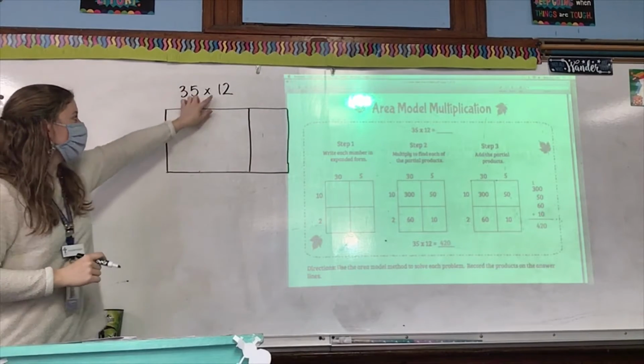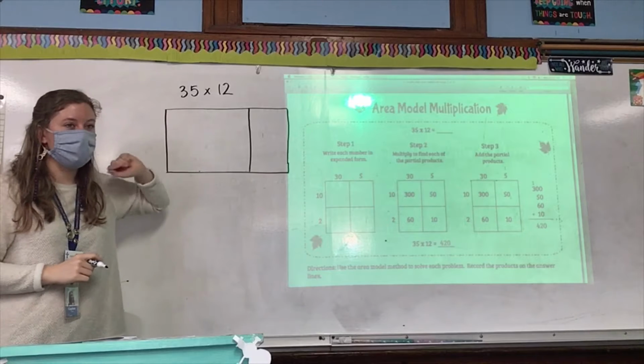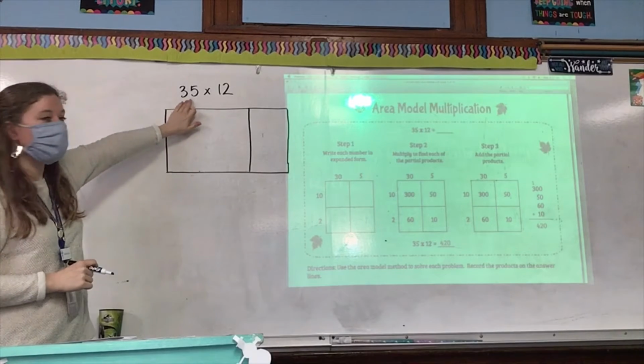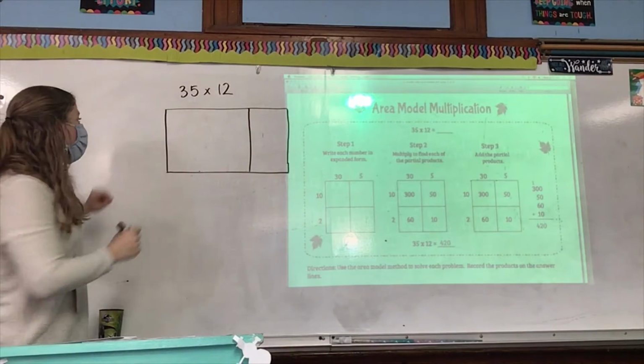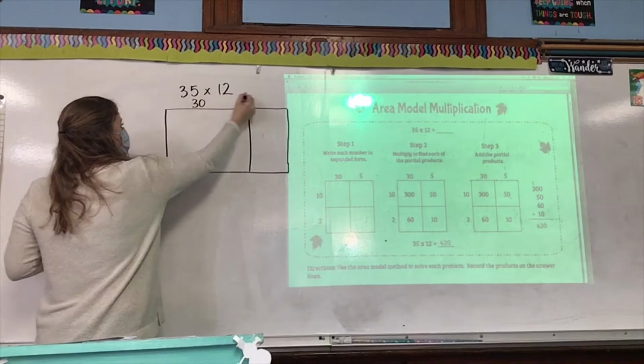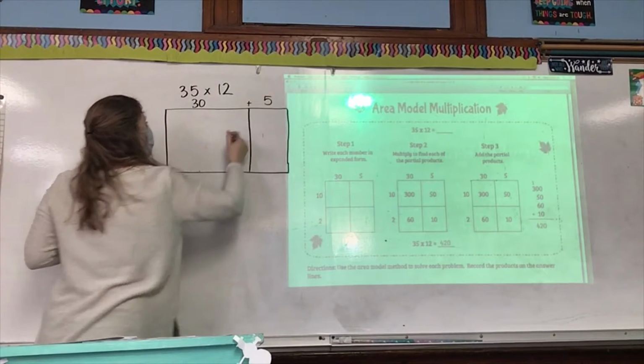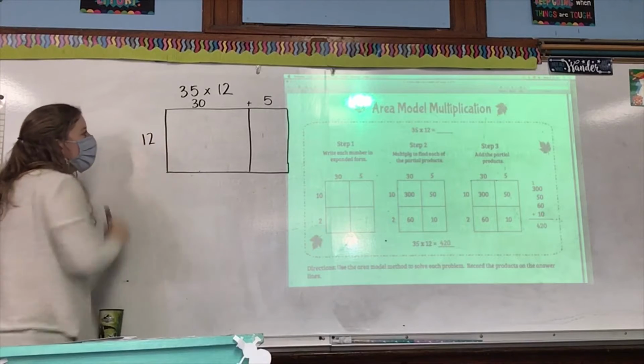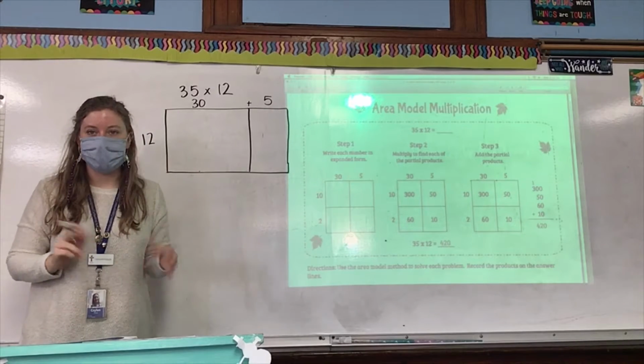We picked which one we wanted to break into expanded form. I'm going to pick 35 to put in expanded form. And then I'm going to put 12 on the side because then I just have basic facts and patterns to